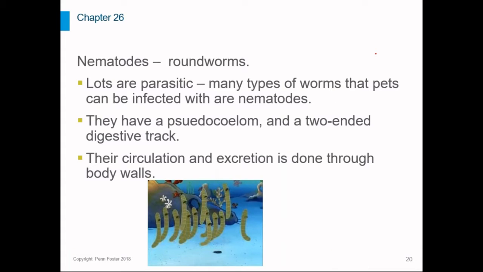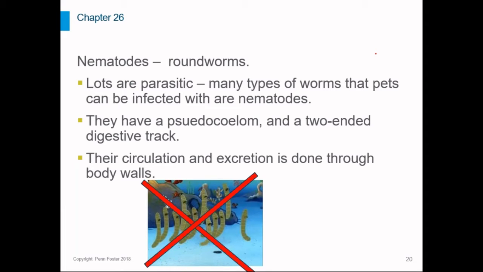Next up, we have nematodes. They're the roundworms. Now, I hate to break this news, but SpongeBob is not accurate on this one. They don't really swarm onto foods and consume entire objects. About half of known species of nematodes are parasites. So many of the worms that can infect dogs and other animals are nematodes. So things such as heartworm and pinworms, whipworms, hookworms, they're all nematodes. Some of those can infect humans.